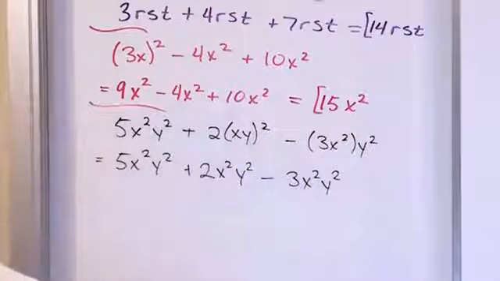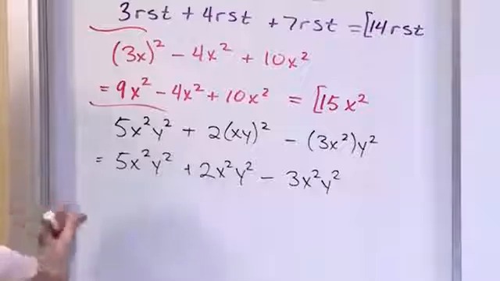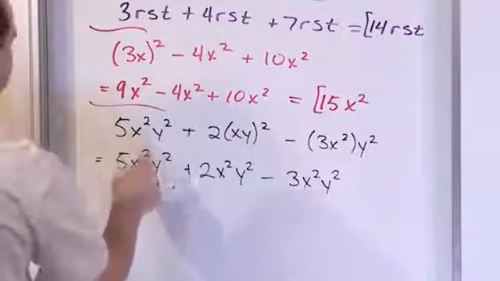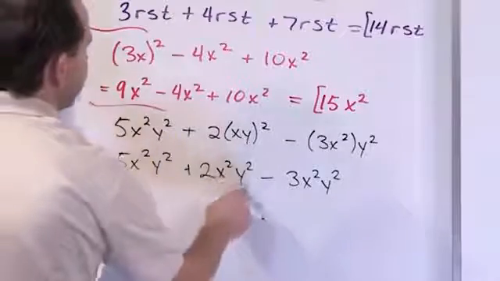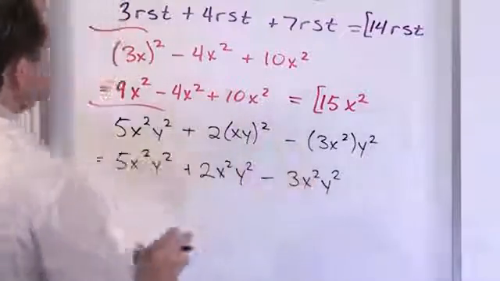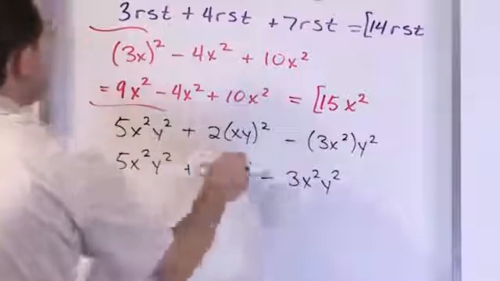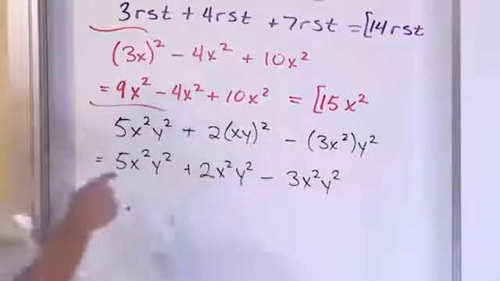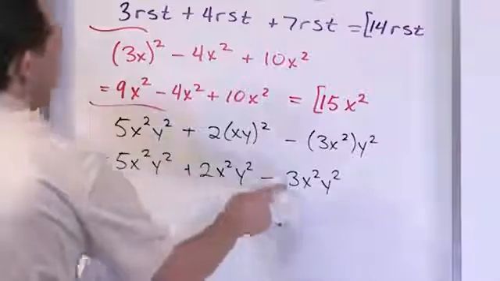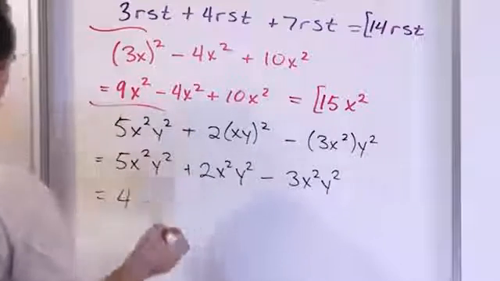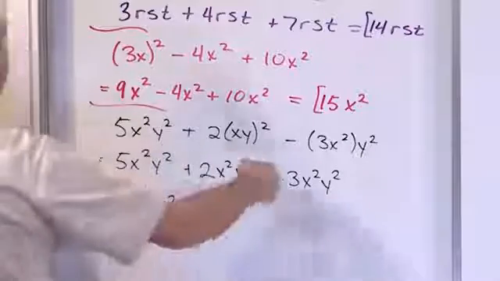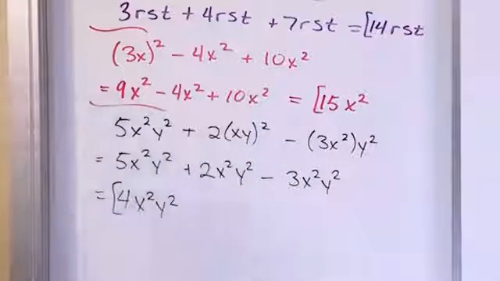And now I look and I say, can I simplify what I have left? Do I have any like terms? Well, I have x squared, y squared. Here I have x squared, y squared. Here I have x squared, y squared. Everything matches everywhere. The exponents match, the letters match. So I can add all of these together. 5 plus 2 is 7. 7 minus 3 is 4. 4 what? 4x squared y squared, because whatever it is I'm calculating has to carry along through to my final